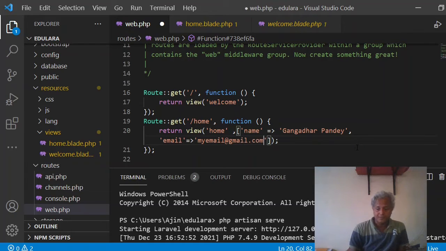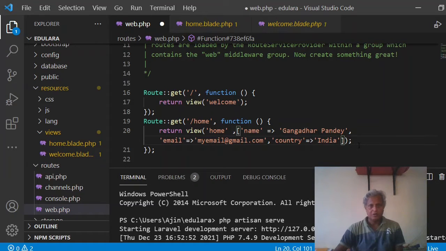So that was name and this is email. These two are sufficient, or you can take the country name. I take another variable, the key is country, and the value is India. So save, and then I go to the